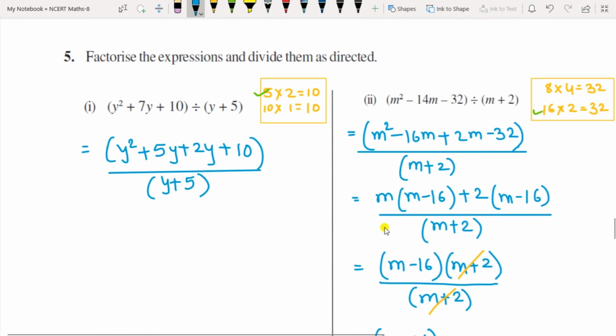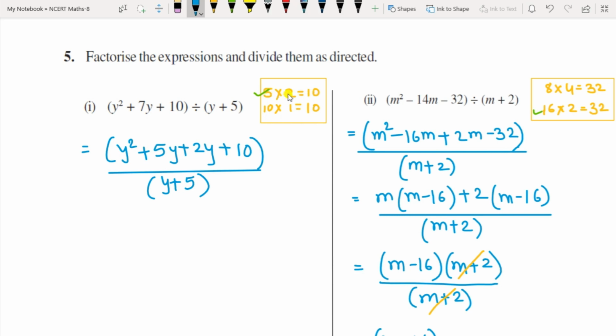Question 5 here. Now this is a trinomial. As I told you, in a trinomial, first you have to check whether the first term and the last term are perfect squares. If not, then you have to do it by this method. You have to multiply the numerical coefficients of the first and the last, that is 1 times 10 will be 10, and take such numbers that you get the middle term after adding or subtracting. Now for 10 it is 10 ones are 10 and 5 twos are 10.